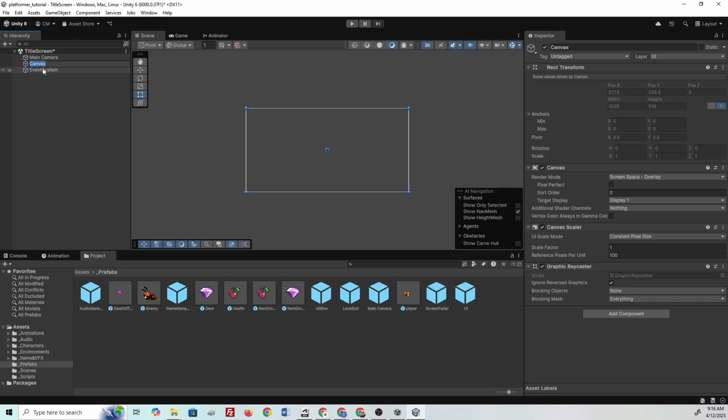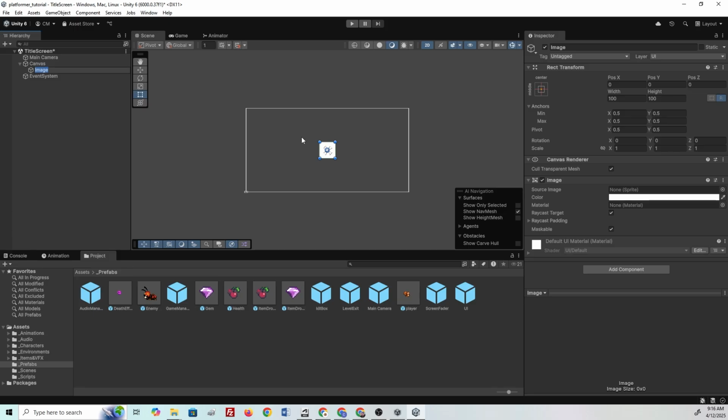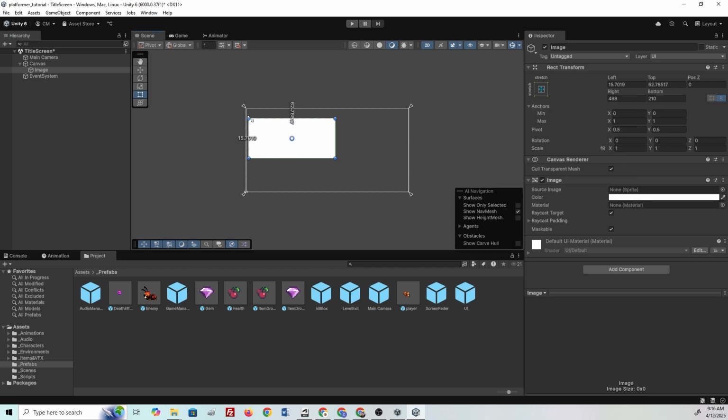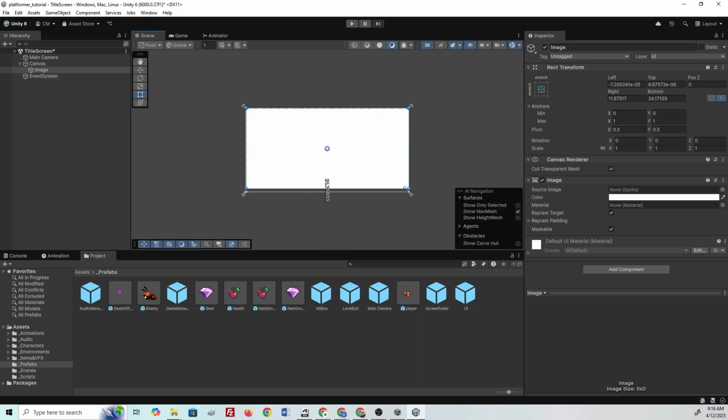Next thing we're going to do is add to our canvas. We're going to add an image, so UI image. We're going to just stretch this out to full screen. So click on here, go here, stretch to full screen like that. Now if you press it and it doesn't work, you can just take it and manually adjust by these little vertices, if you will,